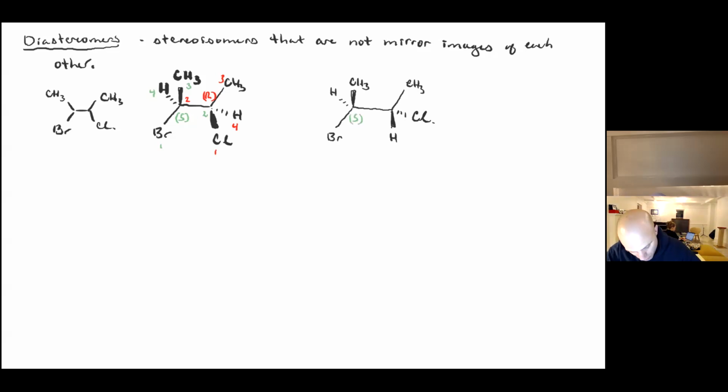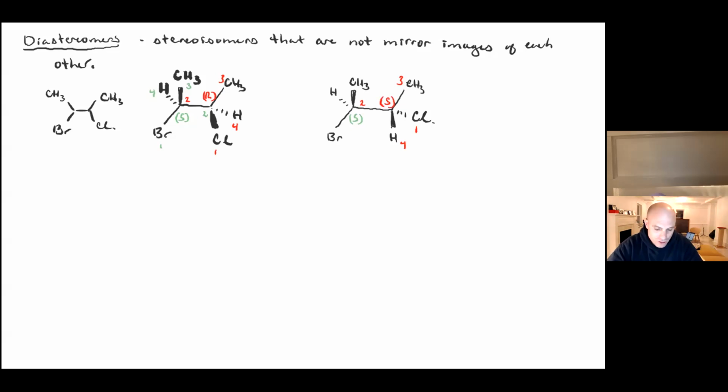Okay, the one on the right now should be S, but why don't we take a moment to verify that? So this is chlorine is 1, this is 2, this is 3. Okay, and to see that it's S, I have to flip it over 180 degrees and look down the carbon-hydrogen bond. And when I do that, I can see that the arrow is running counterclockwise. Okay, and so this is the S configuration. All right,